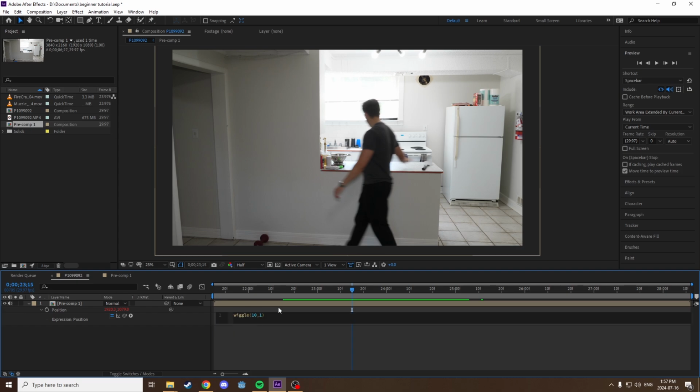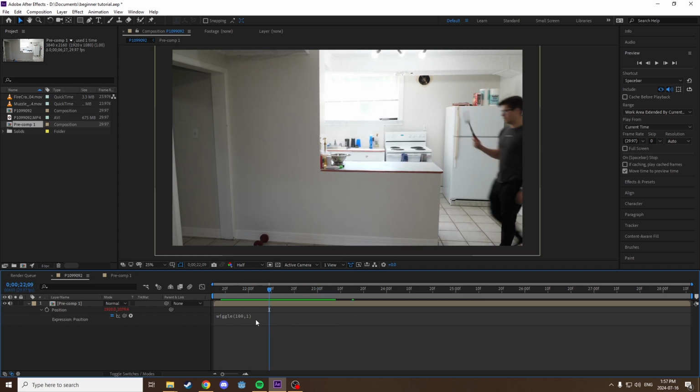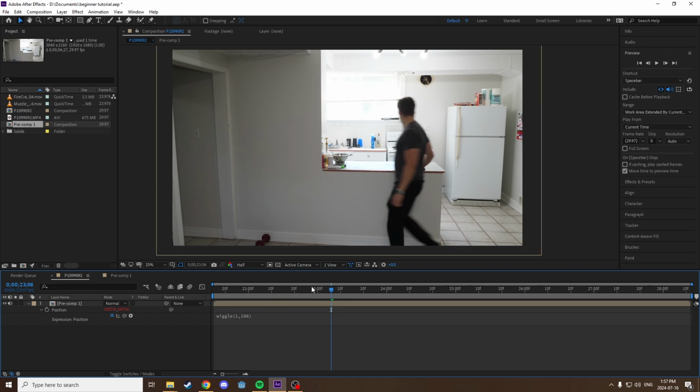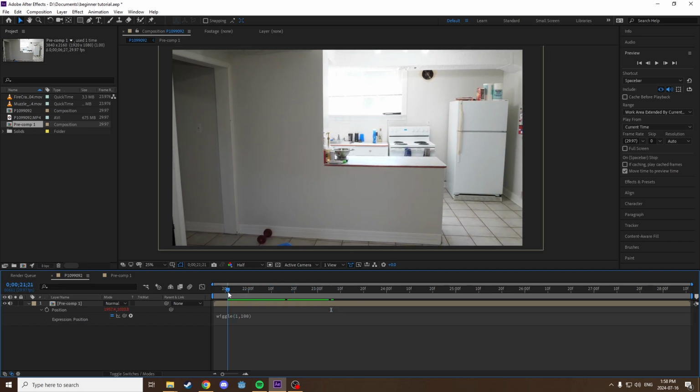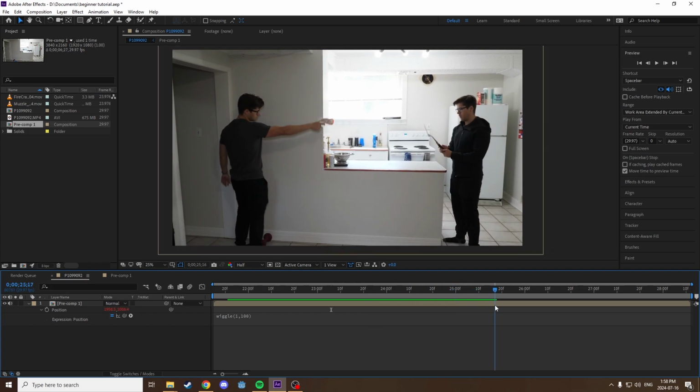Let's boost that all the way up to 100 and see how much it wiggles. Now, if we look around, wiggle 100. Oh, I see what happened. I got the parameters mixed up. Actually, the first one is going to be off, and the second one is going to be the amount. So let's do wiggle 100. There we go. Now we're seeing much more wiggle, and I believe 1 is the amount of times per second